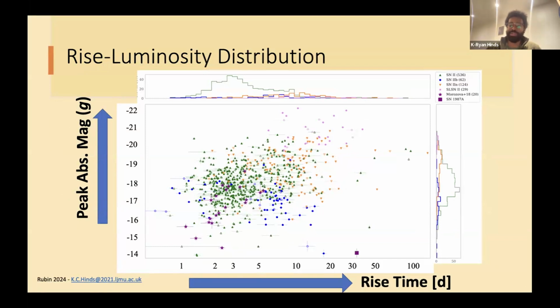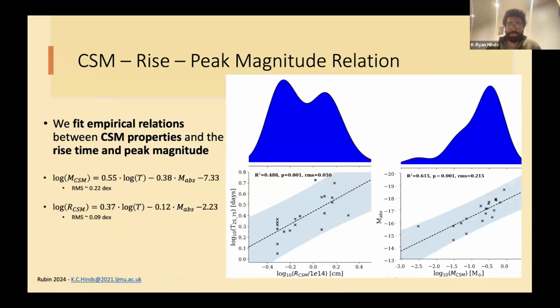I've also added on some model light curves that included CSM. So a few slides ago, I talked about light curves that required CSM to be modeled accurately. So I've included those, measured the rise time and the peak absolute magnitude. And if you put on 2023ixf, it lies around this area of phase space. So it's typical, but it's towards the upper echelon. So that's quite nice to see.